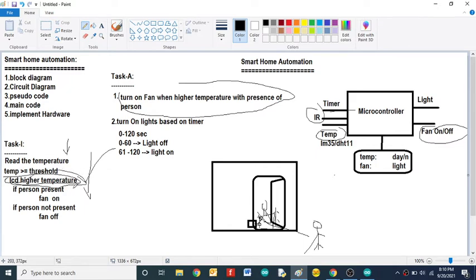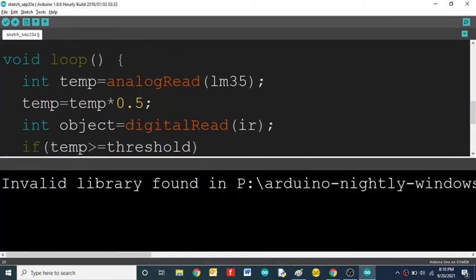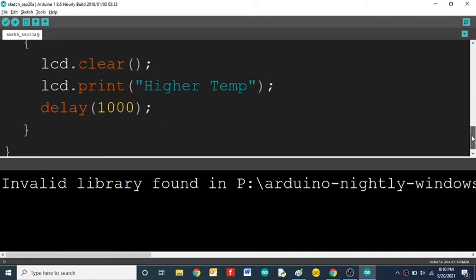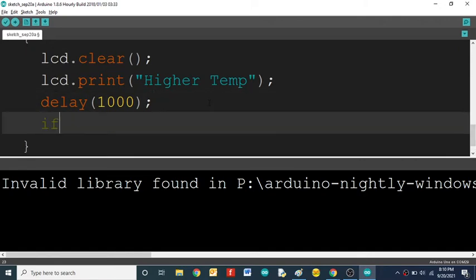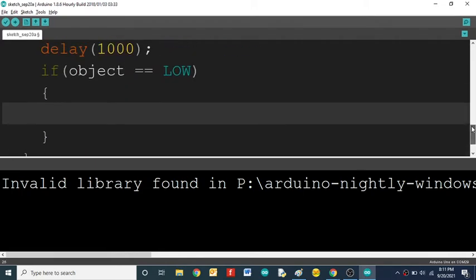Then I need to check whether a person is present or has entered or not. I'm already reading the information from the IR sensor and I will store it into the object variable. Then I'll go for the condition: if object is equal to LOW. When the IR sensor detects, it will provide a low level signal, that's why I'm taking LOW.